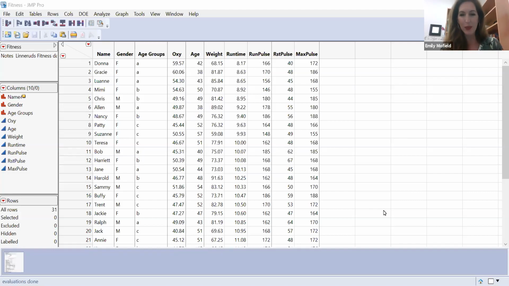Hi everyone, we are now going to learn about multiple regression. If you have not watched simple linear regression, you need to watch that first. I'm going to make a lot of assumptions that you know how to do some of this as I make this video. So with multiple regression, we are going to see if several predictor variables will predict one